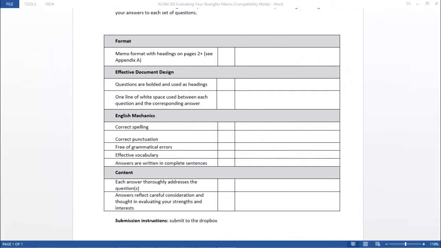Before you complete the assignment, make sure you take a look at the actual assignment criteria. This is what I'll be using when I'm grading your memos. So you want to make sure that the document design meets the assignment criteria. I want you to use the questions as your headings. Make sure that you're using the white space according to the assignment here. One other point that sometimes students miss out on, make sure you write your answers in complete sentences. I will be looking to see that you have carefully considered each of the questions and that your answer thoroughly